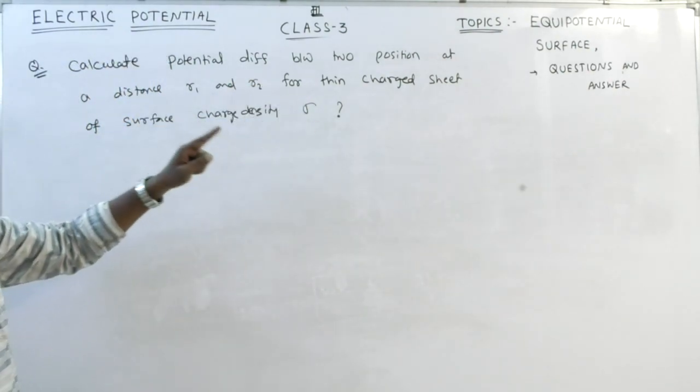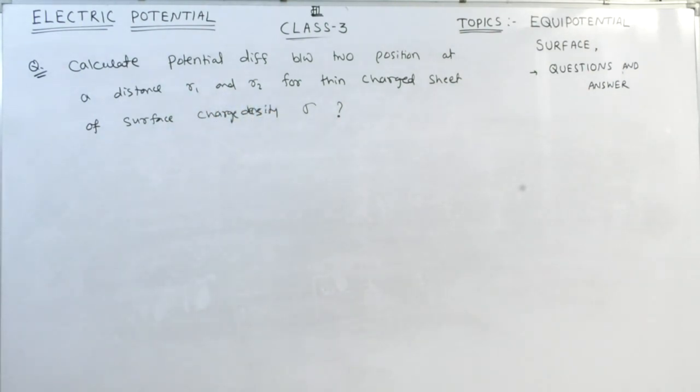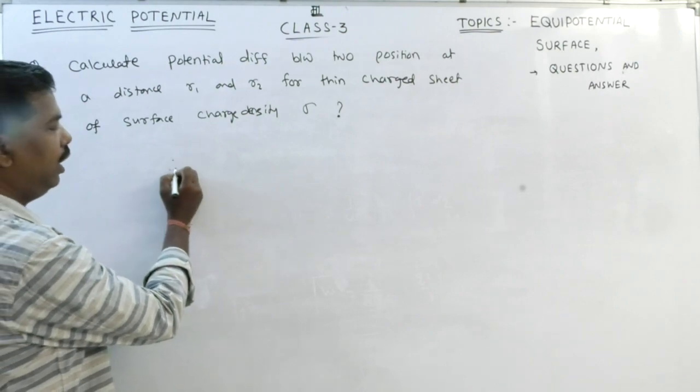Calculate the potential difference between the two positions at distance r1 and r2 for a thin charged sheet of surface charge density sigma. As we know,